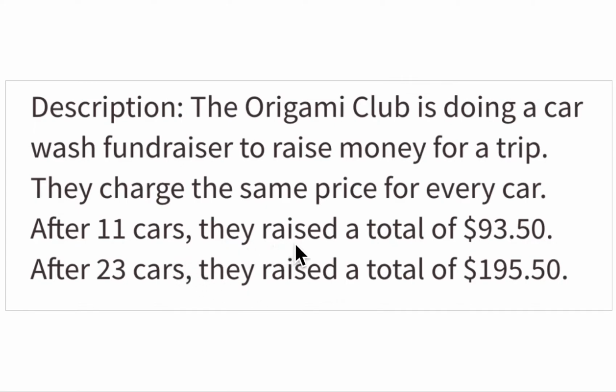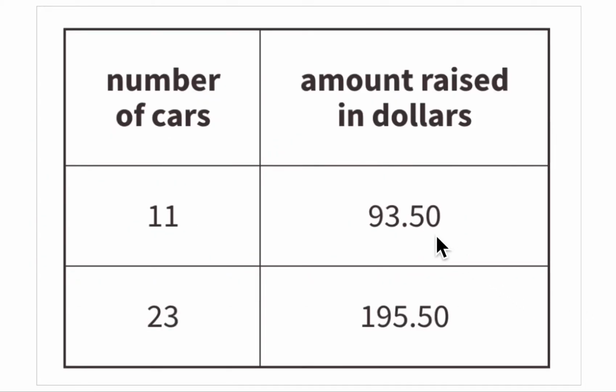After 11 cars, they raised a total of $93.50. This is the beginning of a table. One property is the number of cars. The other property is the amount of money they make from washing those cars. So those are the 2 properties that are going to be compared. If they wash 23 cars, they make $195.50. So again, this is the beginning of a table, and here's that table right there. So number of cars is 11 cars, $93.50. 23 cars,